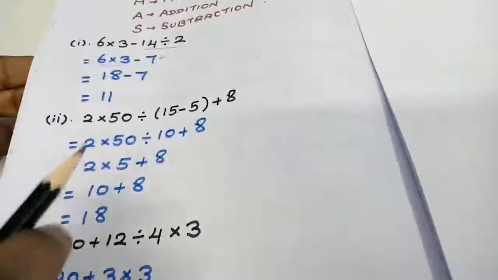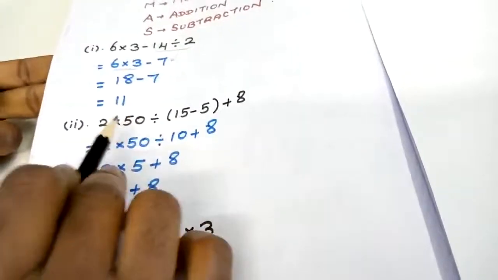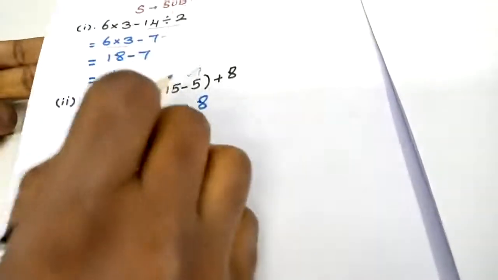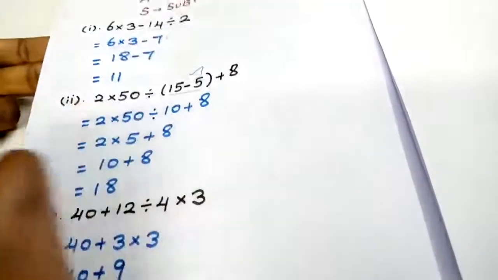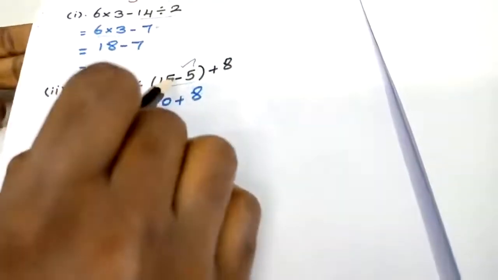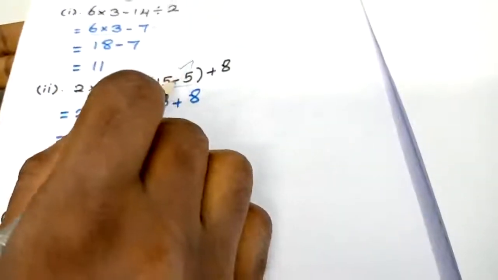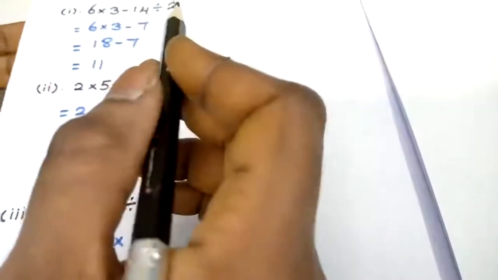Coming to the second question. Be careful. According to the BODMAS rule, bracket comes first. So if your question has a bracket, you go inside the bracket and first complete that calculation, then do the remaining. Inside the bracket it can be any signs: plus, minus, multiplication, division, anything. First you complete the value inside the bracket. 15 minus 5 is 10. Complete that work, students. Now I remove the bracket and write the simplified value here.